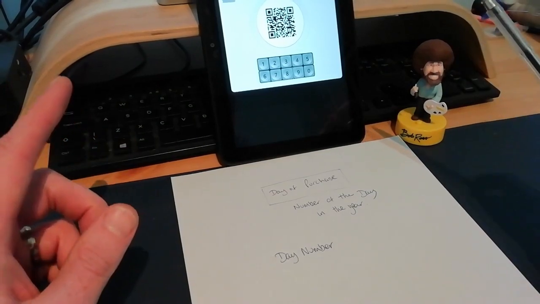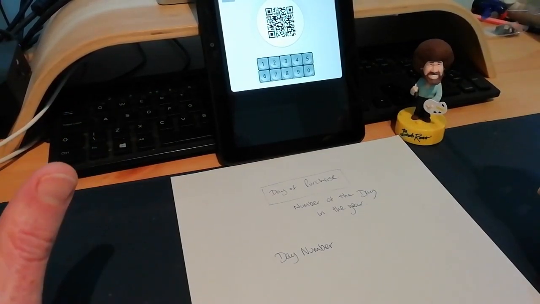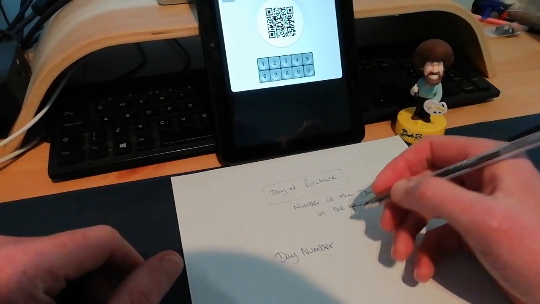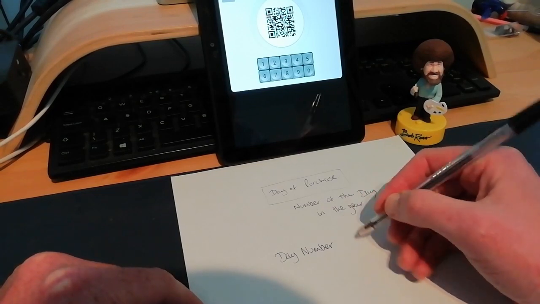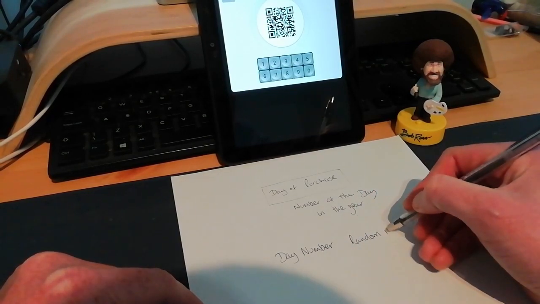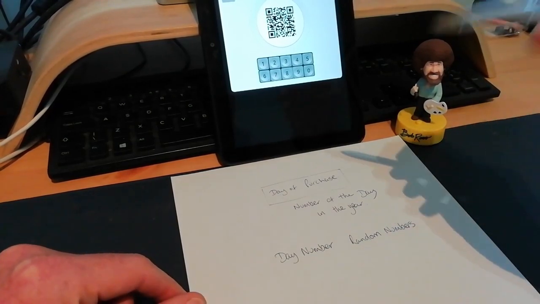So if the two match, we know that the activation key has been purchased on that day for that day. I'm going to add on a few seemingly random numbers, which will then tie